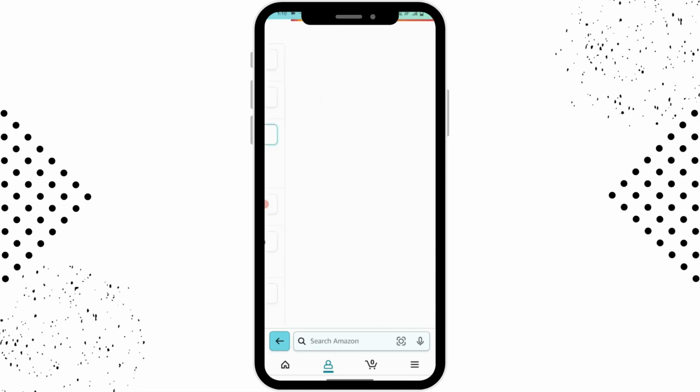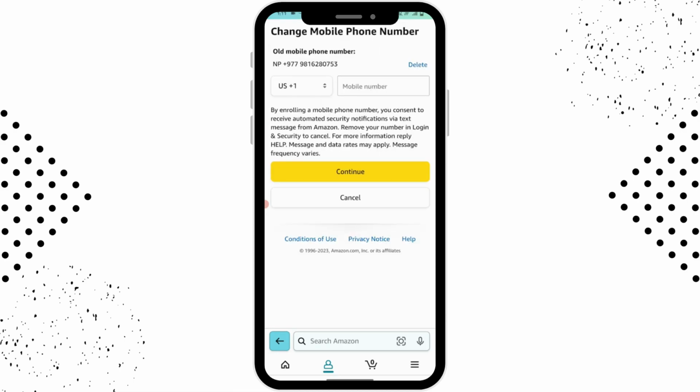Simply tap on edit, and now you can simply delete your old mobile number. And here on the blank you have to enter your new mobile number, and then you can tap on continue and your mobile number will be changed. So that's it. That's the way to change your mobile number on your